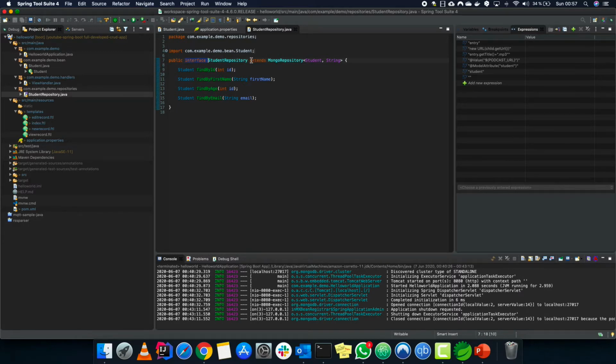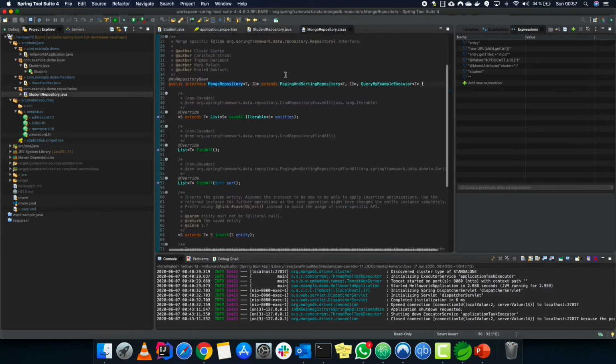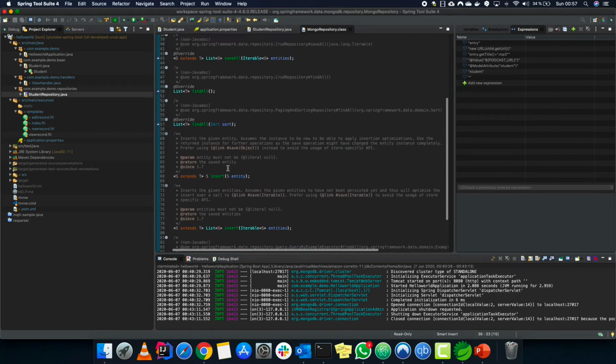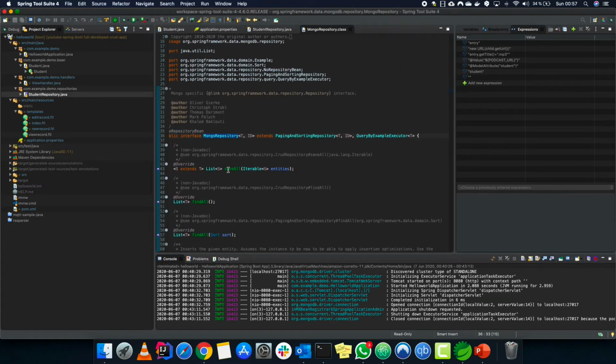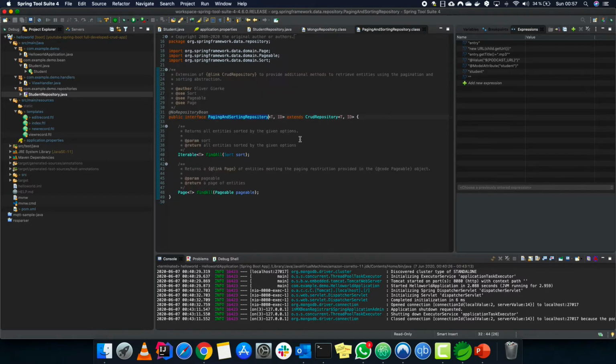This extends the MongoDB repository. With this we can use all the methods. If you click MongoDB repository, you can see there are methods like save all, find all, insert, save, and all those things. It also extends another interface, which extends CRUD repository.